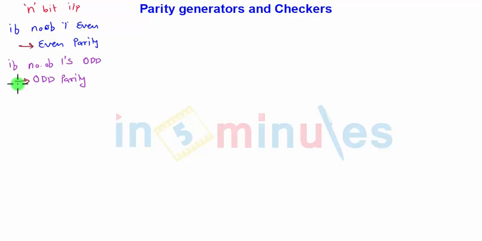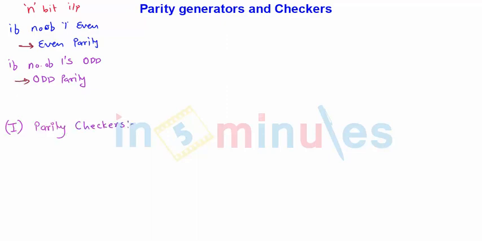So why is it important to calculate the number of ones? Because it is very important for the detection of errors in the code. We will be seeing the application of parity, even parity and odd parity, in error detection and correction codes. We will see the application of parity bits there. But before that, let us find out how the parity is generated, how parity is checked when the n bit input is provided, and how you will generate the parity.